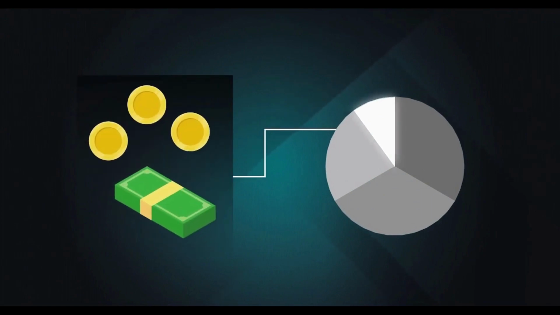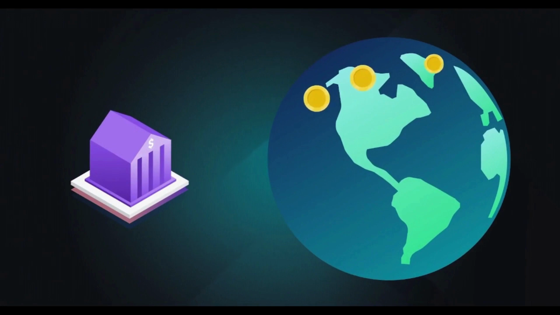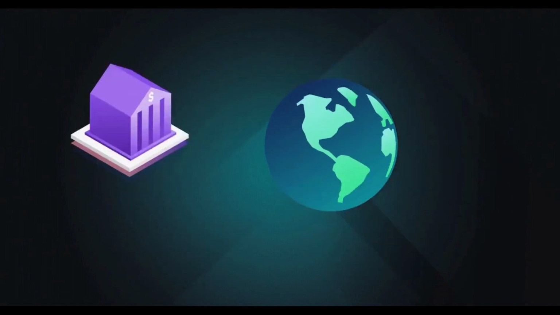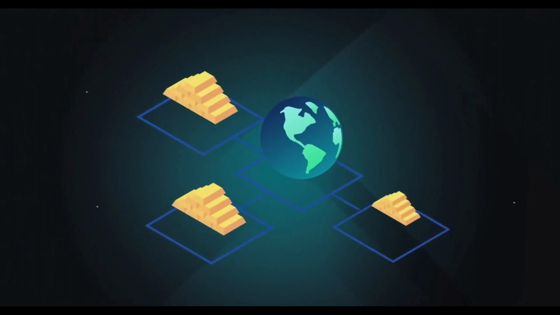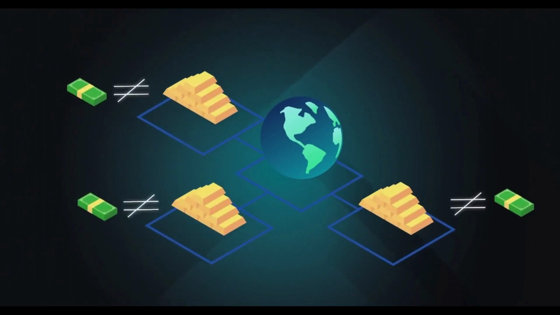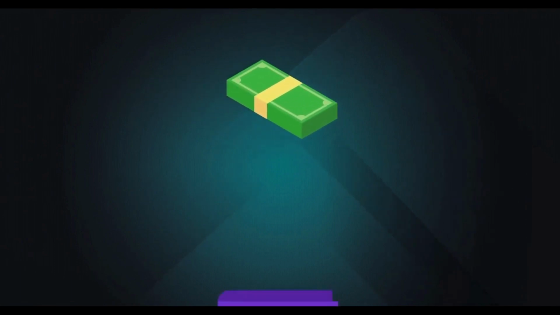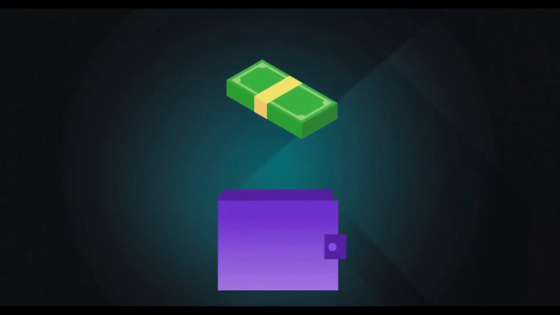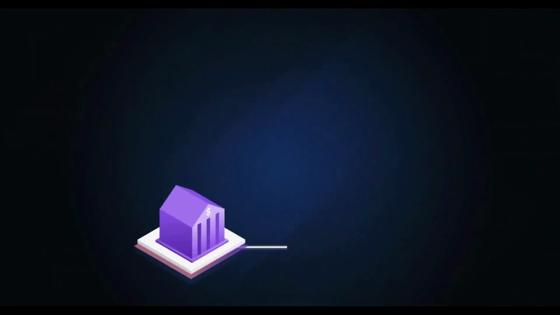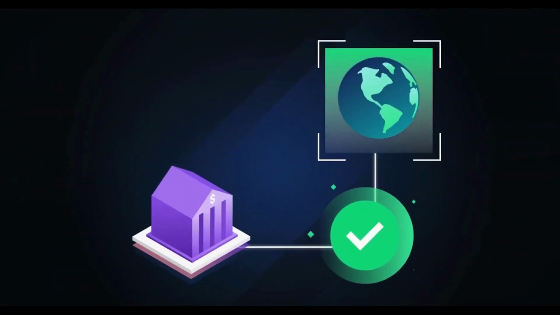Today, coins and paper notes only account for a small fraction of the monetary system. Most of the money in the world is digital money, recorded in the ledgers of banks and other financial institutions. No economy uses the gold standard anymore, although most countries do keep some gold reserves. That's where fiat money comes in. Fiat money is legal tender that isn't backed by a physical commodity, and derives its value from the trustworthiness of its issuer, usually a state through its central bank.